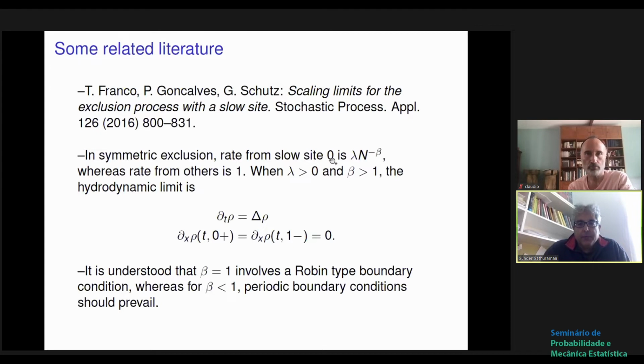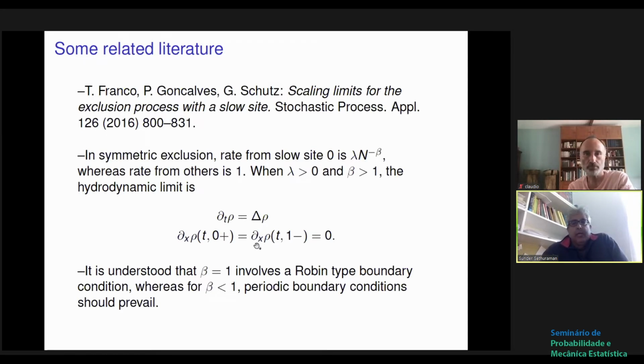If your slow site is 0, then you make the jumping rate from there something similar to what we were imposing. We were looking at their paper actually. So then they were able to derive, if beta is large, a hydrodynamic limit for the mass in the system